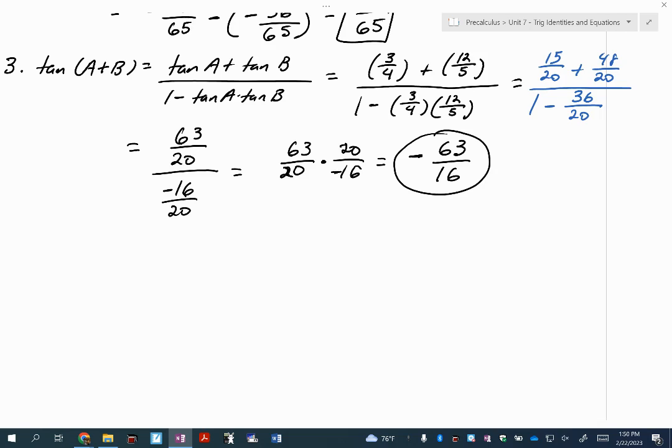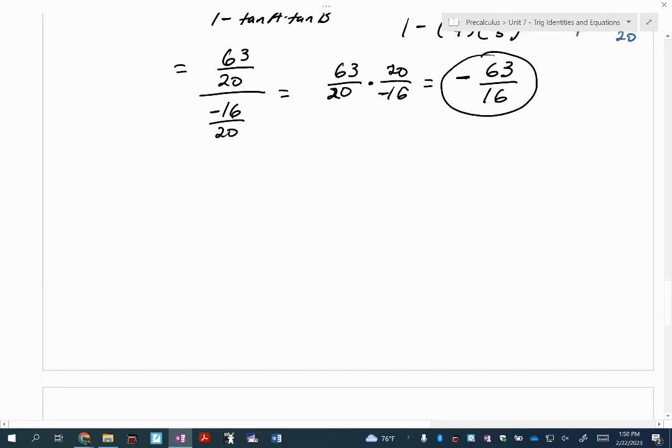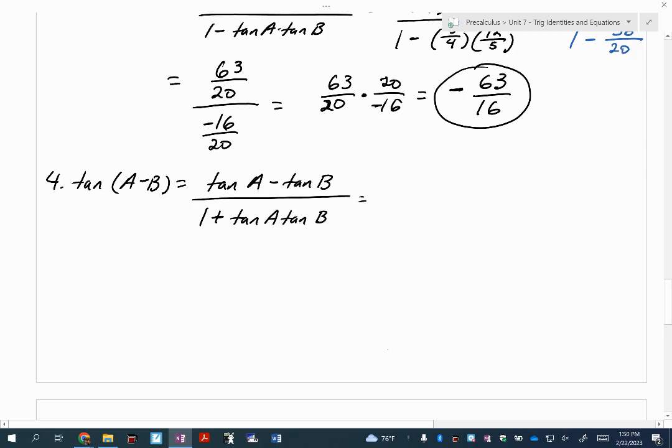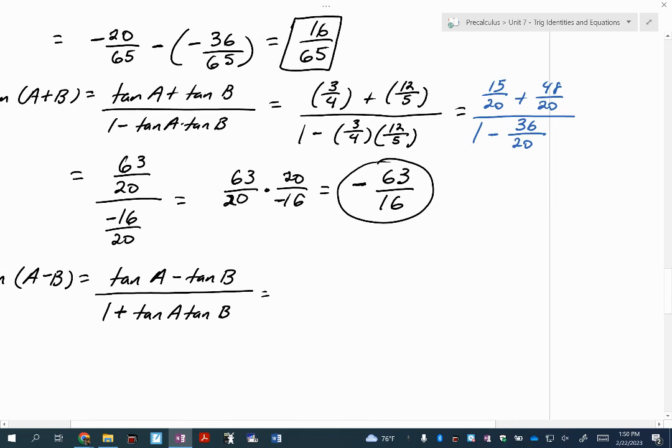All right, let's do our last one, which is the tangent of A minus B. Perfect, got enough room here. So tangent of A minus B. That's going to be the tangent of A minus the tangent of B all over 1 plus the tangent of A times the tangent of B. So let's plug in this stuff. It's the same stuff, guys, but we have different signs going on. So 3/4 minus 12/5 all over 1 plus